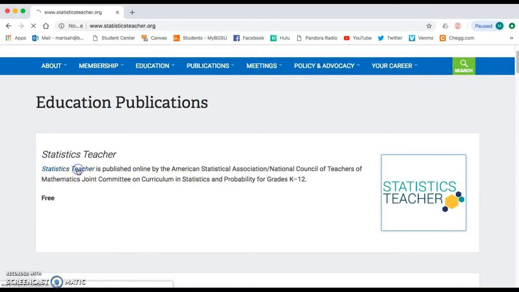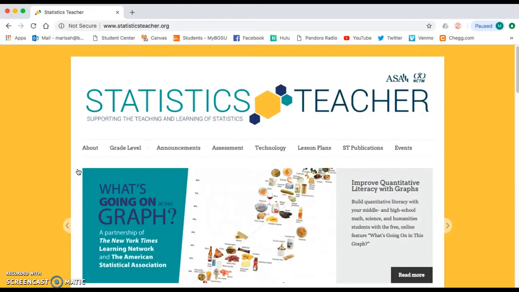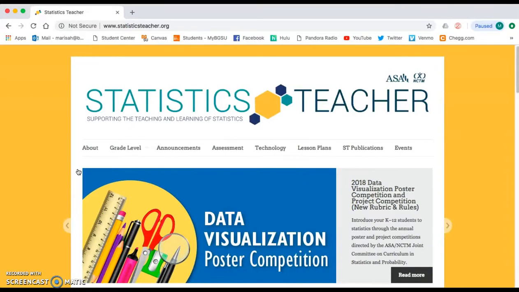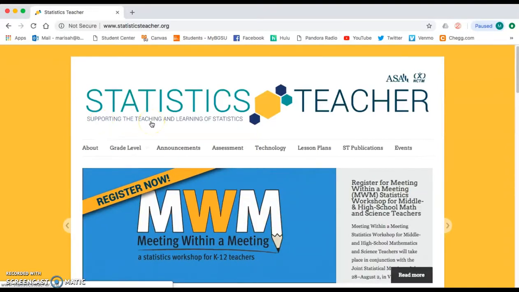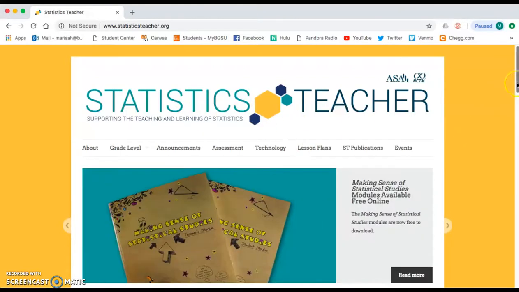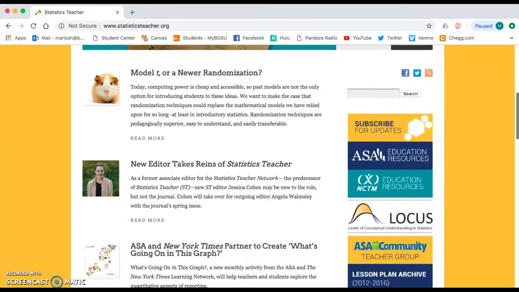We click on it here, it takes us to a different page. Like I said, this publication is free and you can just access it through the ASA website. Up here it's got their mission statement or their goal that says they focus on supporting the teaching and learning of statistics. When you scroll through the site here on the front page, you can see a lot of articles